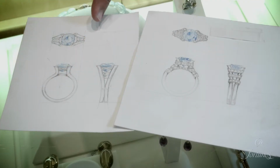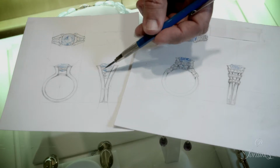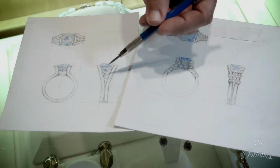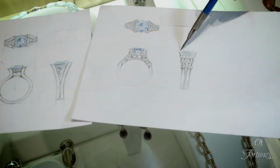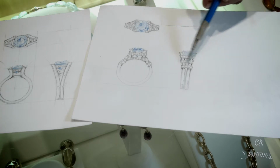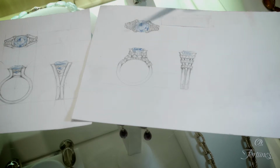This design is a clean architectural structure that uses a tapered sequence of baguettes to accentuate the center stone without interrupting the lines of the ring. The foundation of the second design are two separate rings welded together at the bottom and separated at the top where the stone is held. The horizontal bands, each set with diamonds, hold the ring together and accentuate the tension created by the separation of